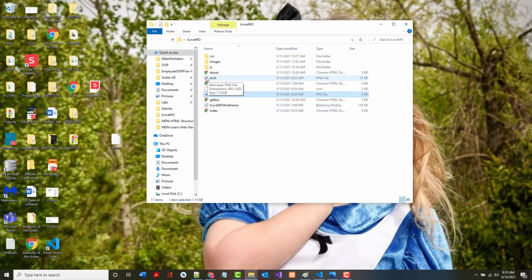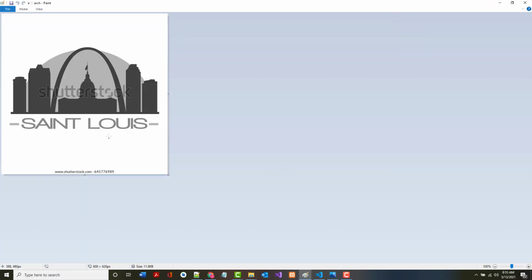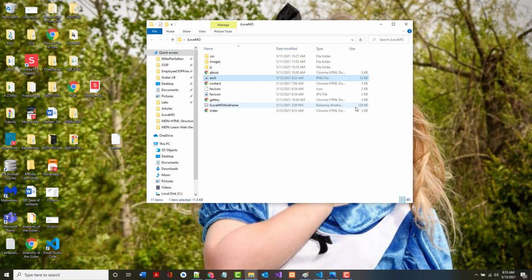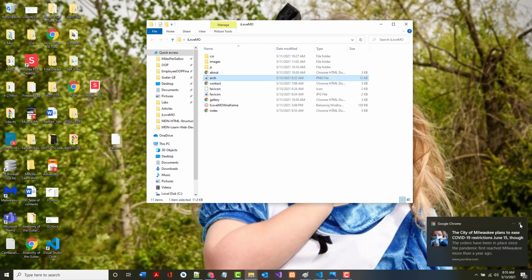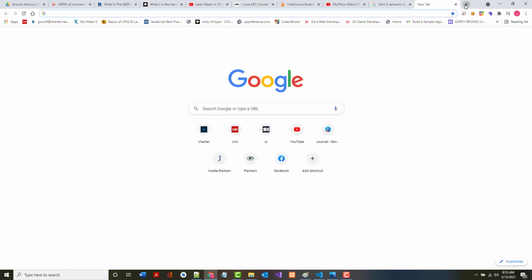So let's see, what else do I have in here? Well, here's one that we just called Arch. So that was a PNG file. And let's look at that in Paint. Now that's a lot bigger. We'll use this one. All right. Now what I want to show you is this is the arch.png file. And what I want to show you here is I can come in here and I can say in Google